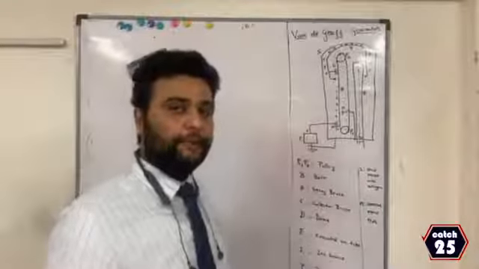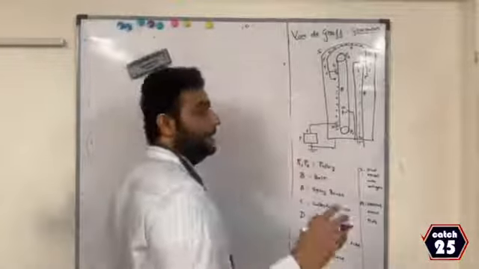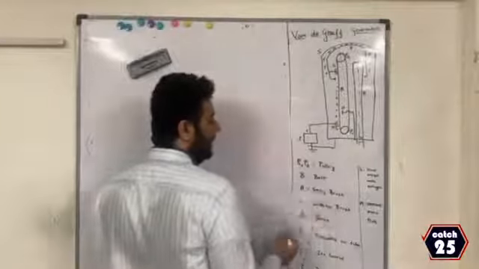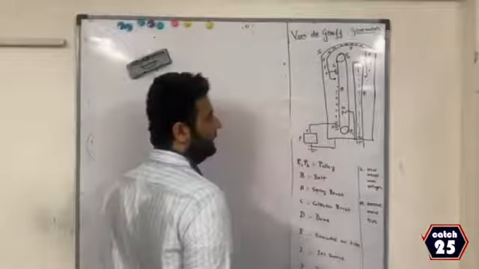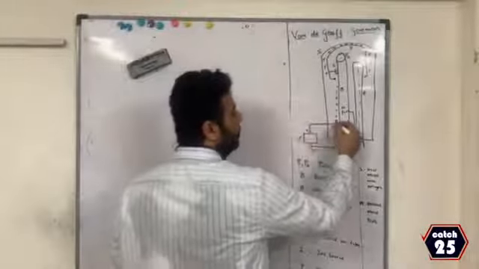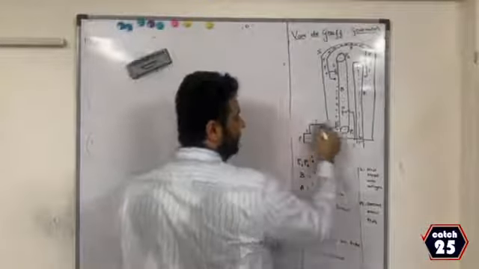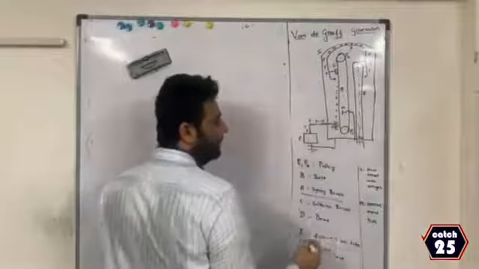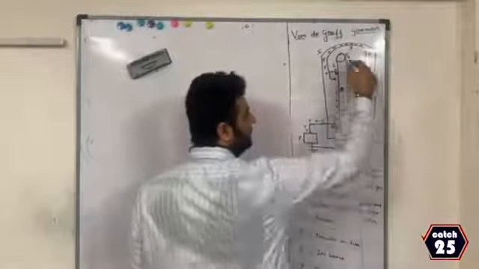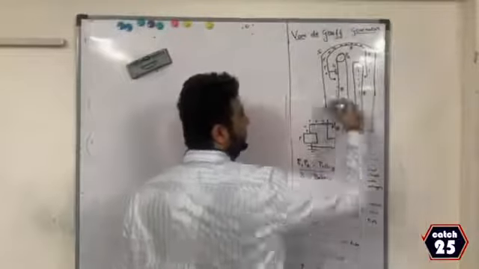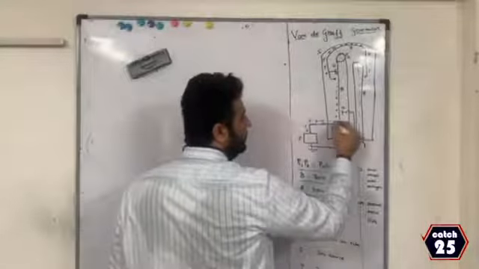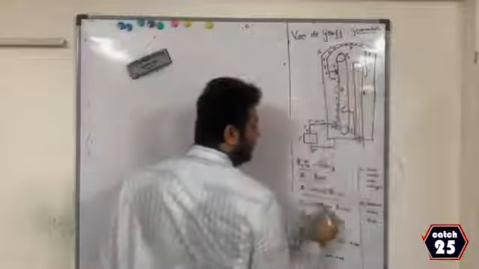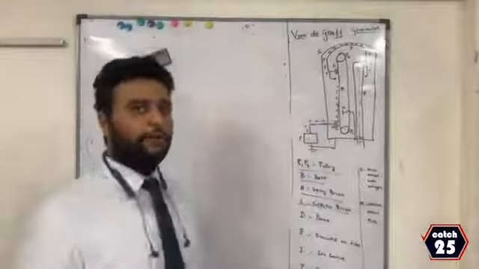Now, let me tell you the working of Van der Graaf generator, and I will tell you why we do it. I take a power source P over here, that is the supply, and I connect it to one comb, which is called A, which is called the spray brush. When I switch it on, positive charge will go to this spray brush, and there is a pulley and belt system, which keeps turning. So all this positive charge will go to this belt, and this comb will collect it, which is called my collector brush. Brush and comb mean one and the same.